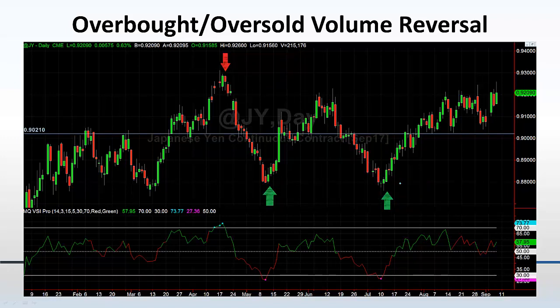Now, Ray, you asked a great question. You said, where is the target? So we've talked about where the entry is. We've talked about where the stop loss is placed, but where do we get out? Really good question. So you have a couple different options. Option A, you look for, what's that middle part called again? The retracement line. So you can use the retracement line as your first target.